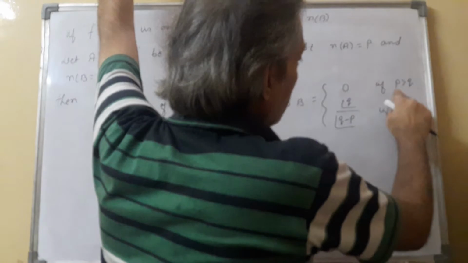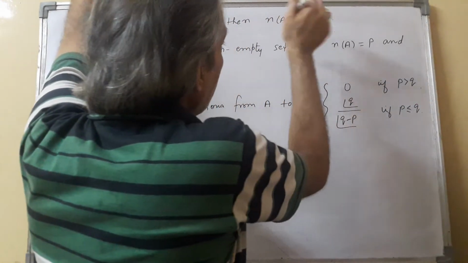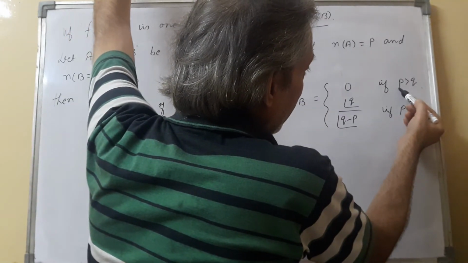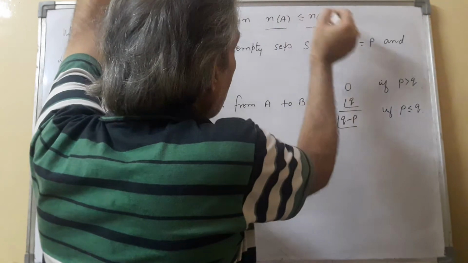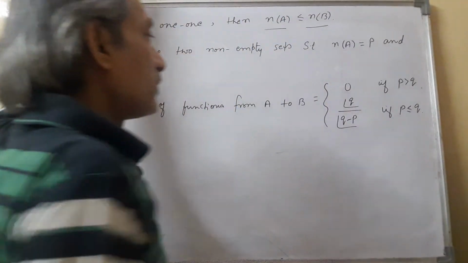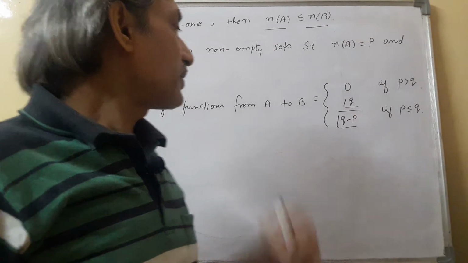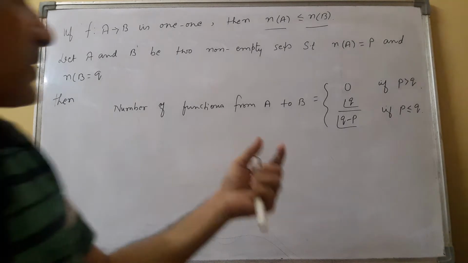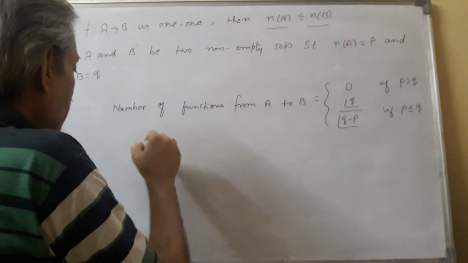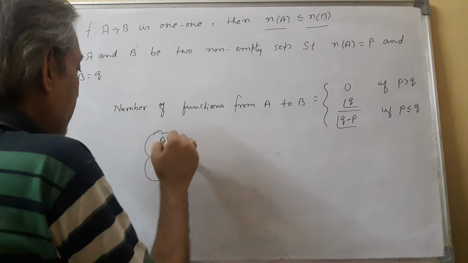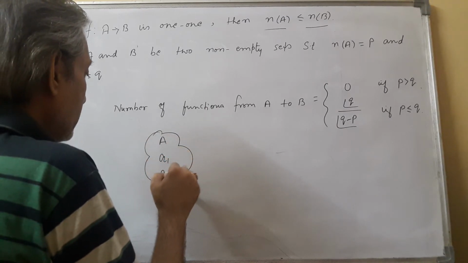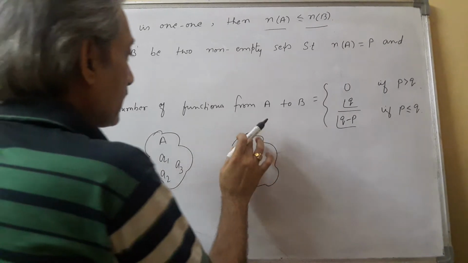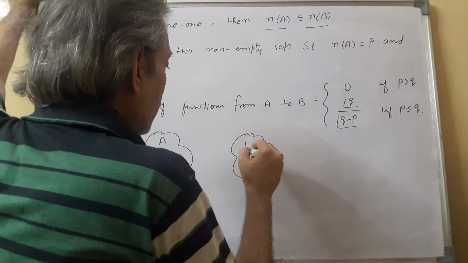If P is more than Q, let's say, condition is what? इसमें जो एलिमेंट है ये इससे कम होना चाहिए, पर यहाँ पे क्या है, P की वैल्यू Q से ज़्यादा है, मीन्स कि इसमें एलिमेंट ज़्यादा हो गया Q से. सो आंसर विल बी 0, मीन्स no one-one function will be formed. In case, suppose for example, set A contains 3 elements and set B contains 2 elements.